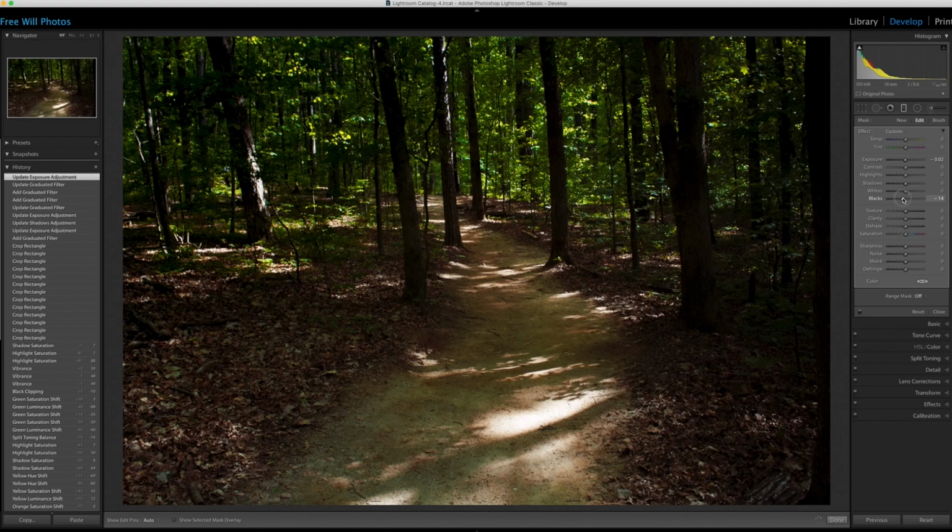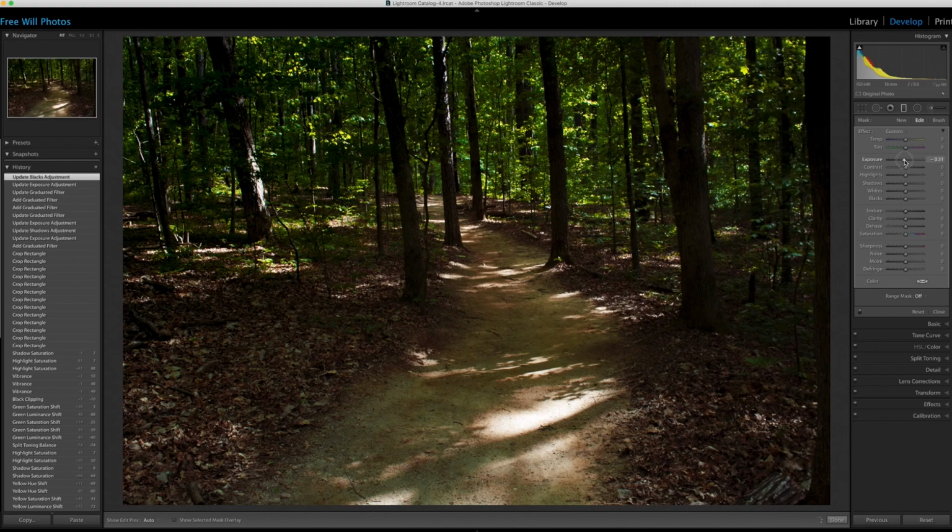Bringing down the black point darkens everything, and I'm okay if it looks a little unnatural, because my goal is really to highlight this path, and I'll show you how I'm going to do that here. I'm just going to bring that up,